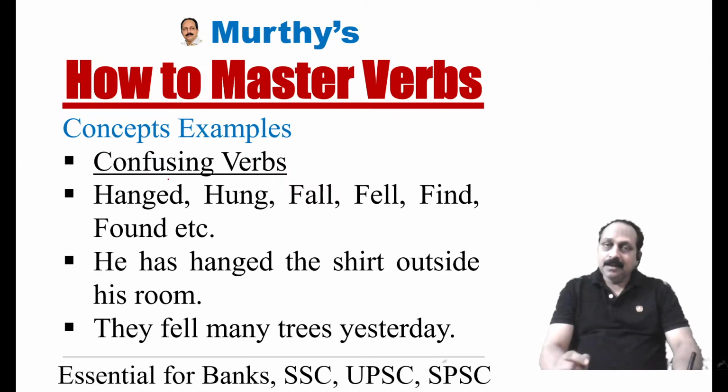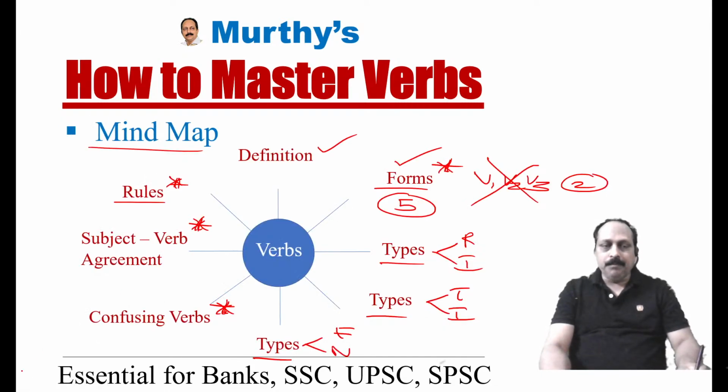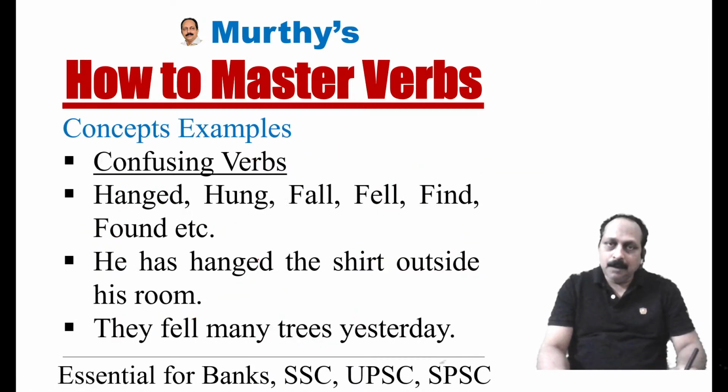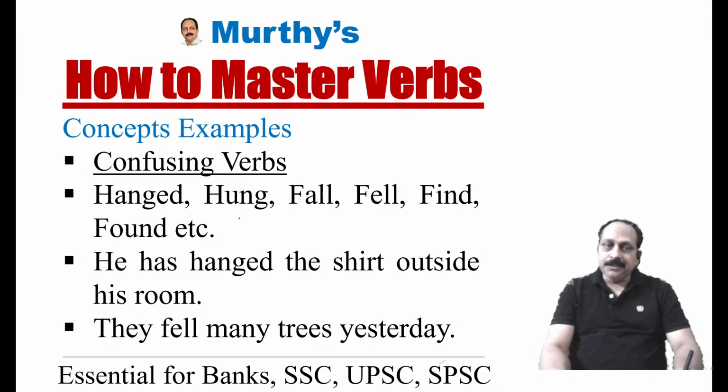I have taken confusing verbs, one of the dimensions. I said very important. Let us have a look at a few examples. In English, according to one classification, we have two types of verbs, regular verbs and irregular verbs. Then you may wonder what is a regular verb, what is an irregular verb. Any verb that takes a D or ED to form the past and past participle forms is known as a regular verb. Any verb that does not take D or ED to form the past and past participle forms is